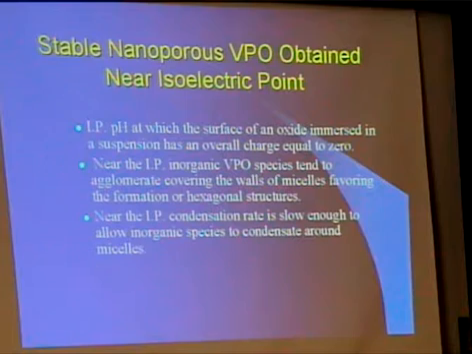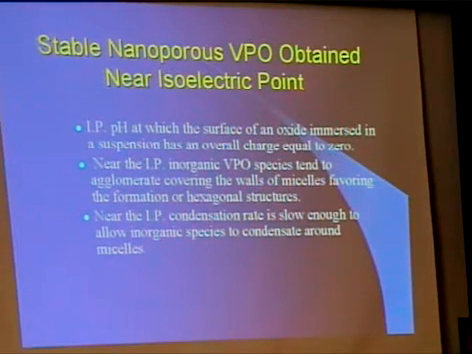to do that, we have to work in the regions near the isoelectric point. By definition, this is the pH at which the surface of an oxide in suspension has an overall charge equal to 0. So near the isoelectric point, we can have neutral VPO species, and that allows us to have this self-assembly. And basically, we have learned that